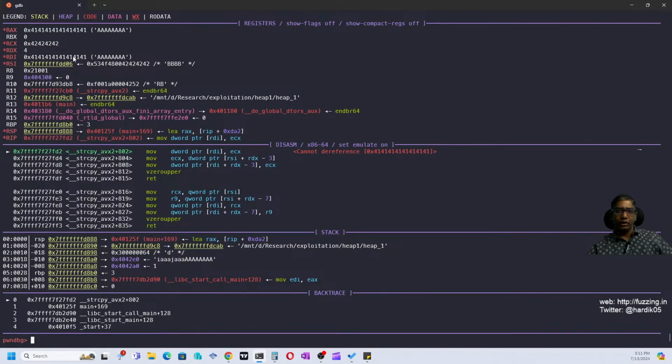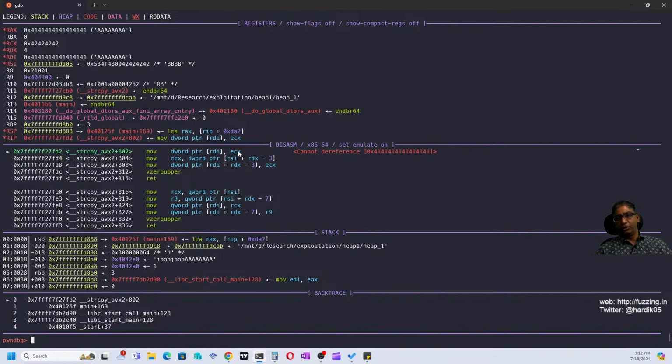So RDI contains this address where it is trying to write some data from the ECX. So this is happening because of the second string copy. So our first string copy has done this corruption, and inside the second string copy, it is moving this data. So it is actually a write